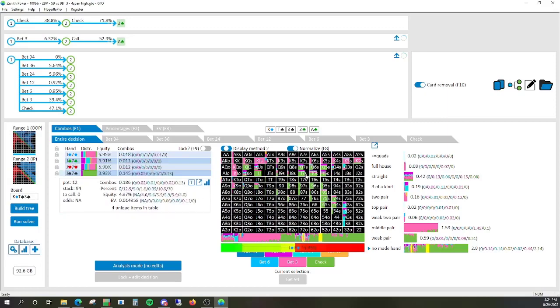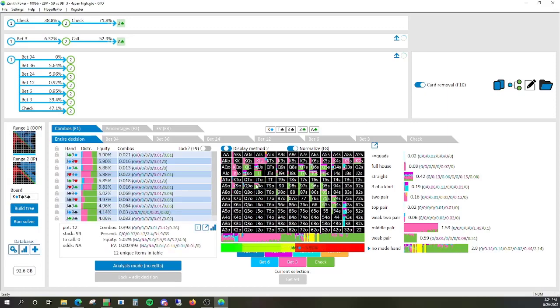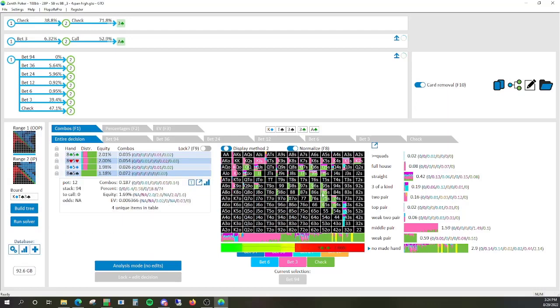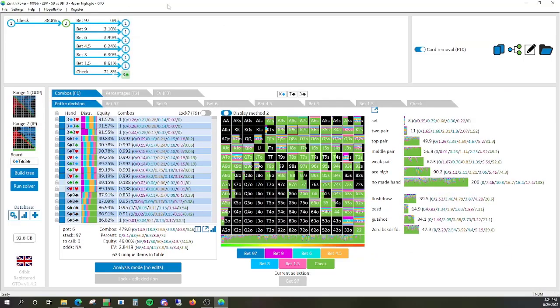So notice stuff with spades in them are doing a lot of giving up, like Jack 9 with a spade is doing a lot more giving up than Jack 9 without a spade. Queen 9, similar thing going on. And then just a lot of give ups. So just to recap, after the flop goes check check, in position is just gonna have